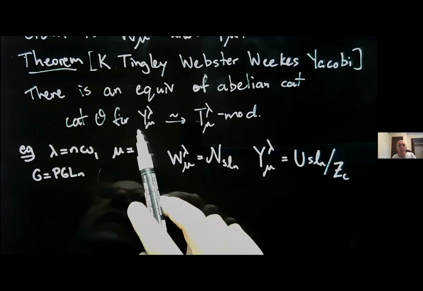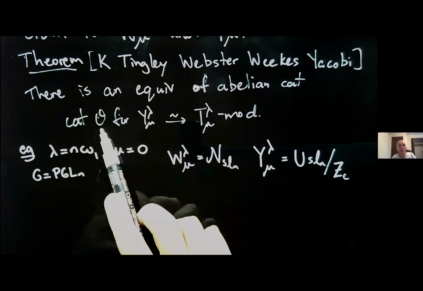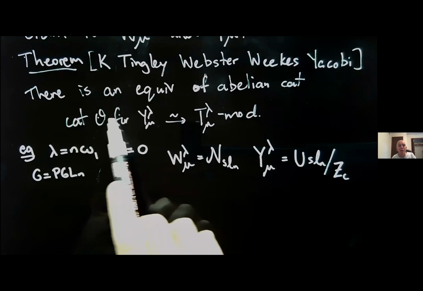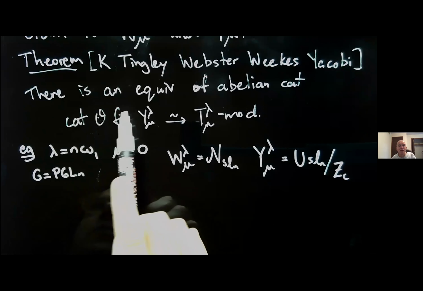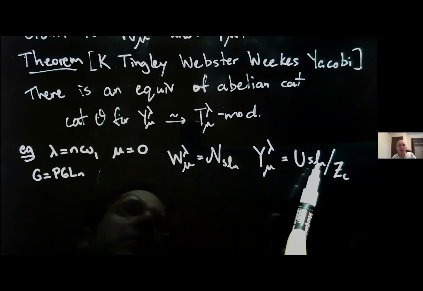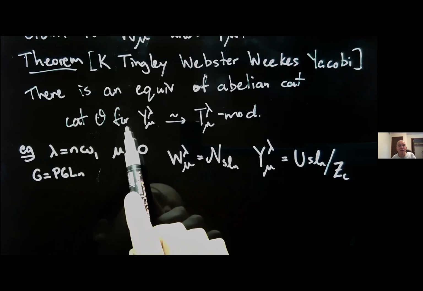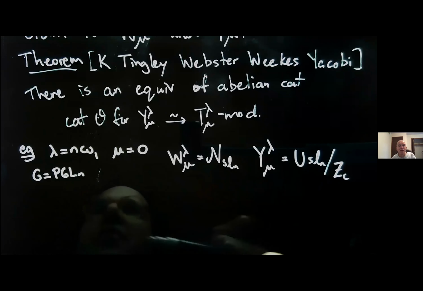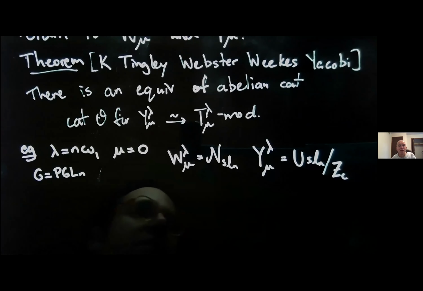And even in this case, this theorem is new. Well, not quite this theorem, because category O for this algebra is pretty straightforward, but there's a version of this theorem where we replace category O by a category of Gelfand-Tsetlin modules. And then we get a description for the category of Gelfand-Tsetlin modules for SL_n. For example, the number of simple Gelfand-Tsetlin modules for SL_n wasn't known before this, and this theorem solves that problem. So even in this very special case, the theorem is useful.